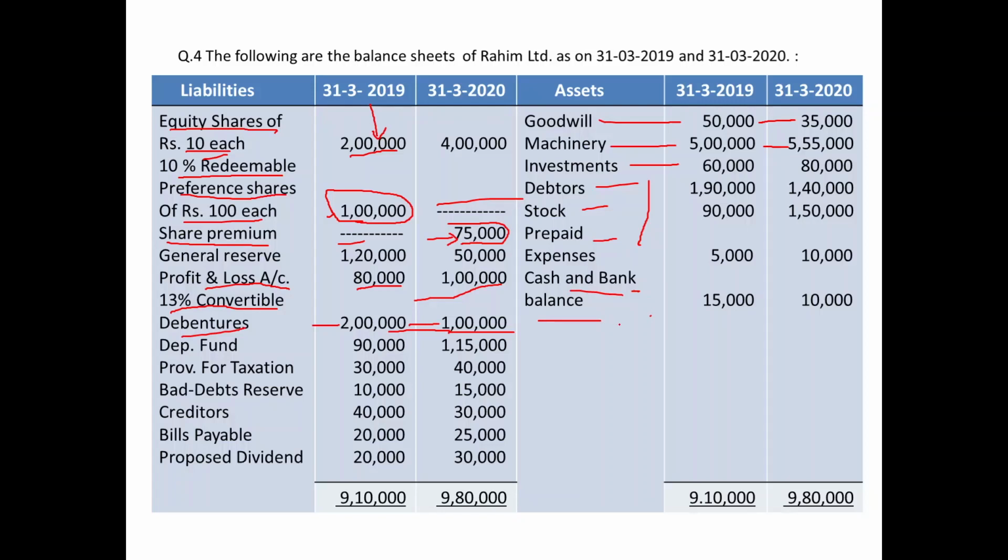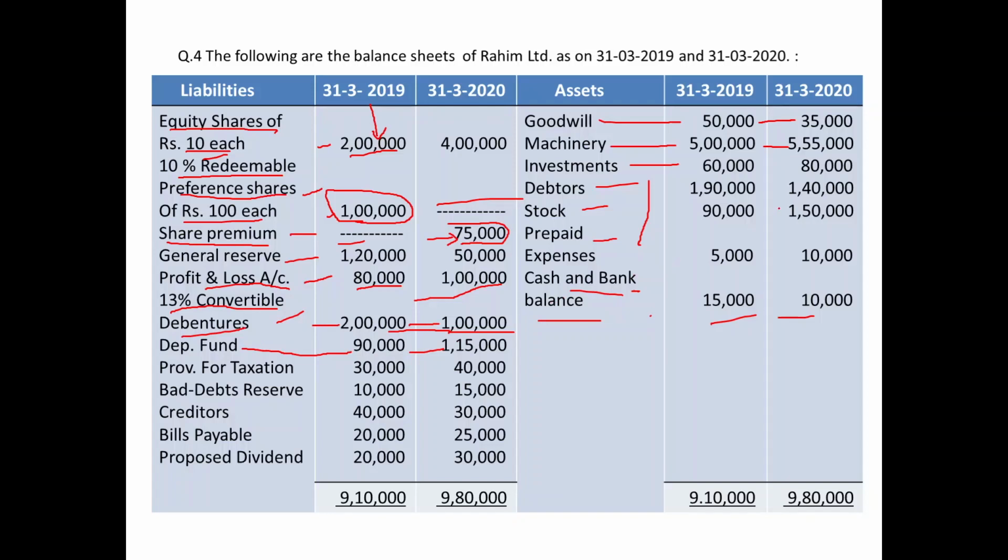Cash and bank balance we verify last. Wait. Come on the liability side. Equity share capital over, preference share capital over, share premium over, general reserve over, balance of profit and loss account over, debentures over, depreciation fund